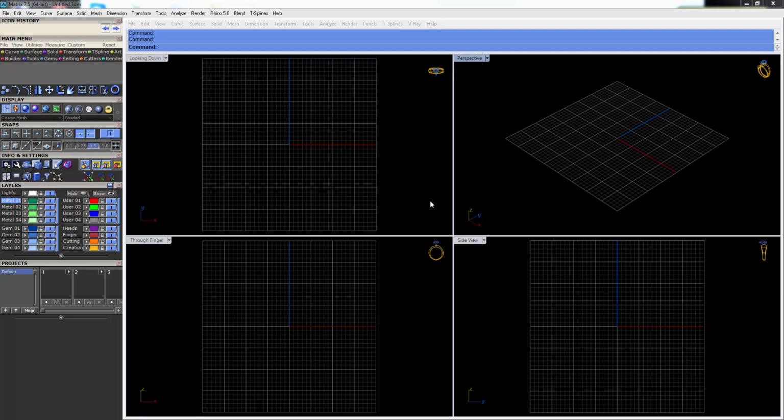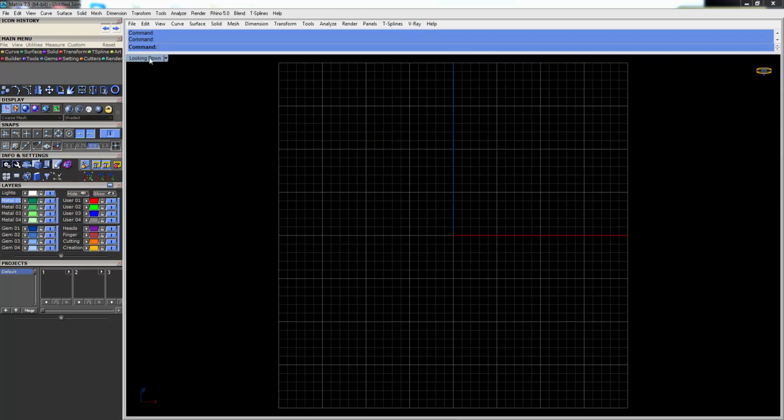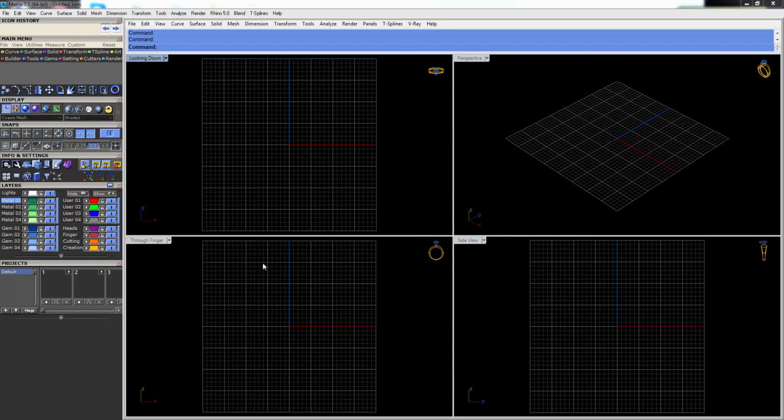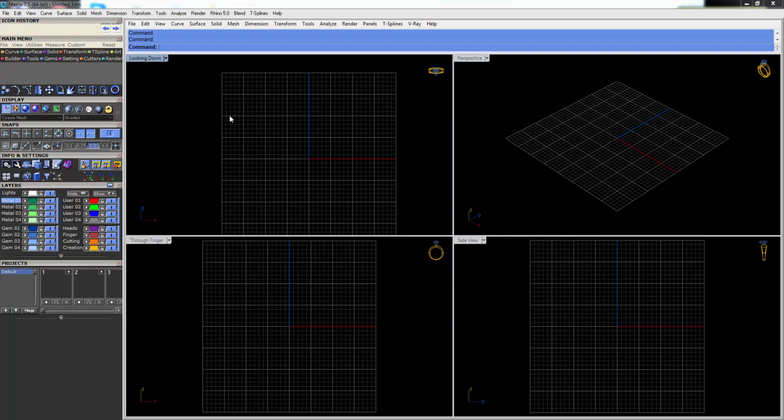This video is basically to show you an introduction to Matrix 7.5. As you can see, the moment we open the software, we will see the four views. These are the four views that we also see on Rhino. It works exactly the same way. So just double click to maximize, double click again to go backwards to the four views, and it moves exactly